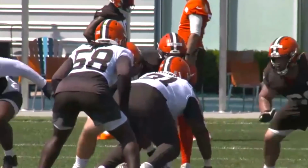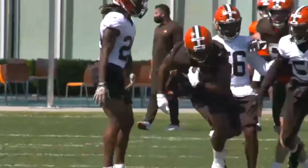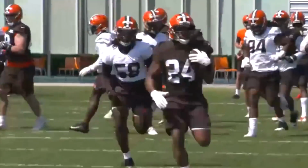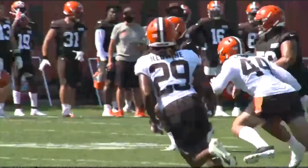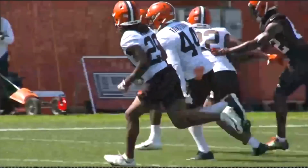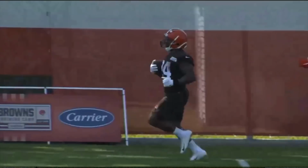The tools are definitely there, and we'll talk about the tools first. But the mold is there, and I like the mold that I'm seeing. But let's talk about the tools, right? Because you have this burst from Nick Chubb, which you would like to see. Nick Chubb looking like he's back into his form after missing a few days of practice. And when you add that with having a Kareem Hunt who looks spectacular, I can't put words on how spectacular Kareem Hunt has looked, but the fact that both of those guys look like they're playing at their best